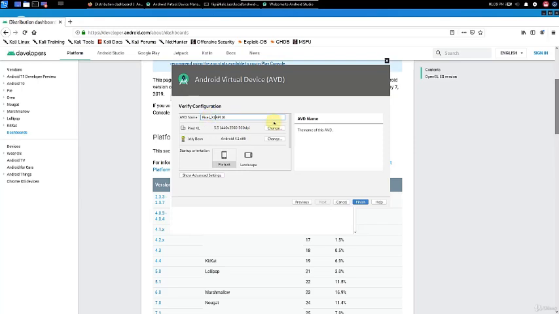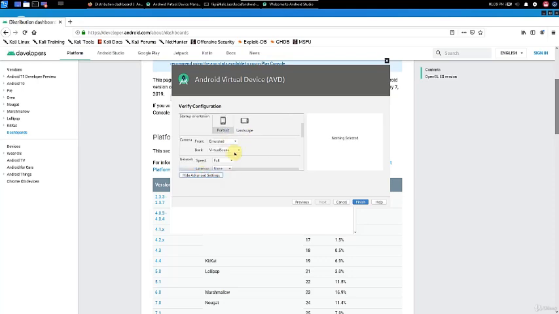One thing I like to do is remove the spaces in the AVD name. We do this to ensure that there are no errors caused by spaces when we use a script against a specific emulator. It's not a requirement, but just to be safe. Then you can click on Advanced Options, and here you can choose different properties. So for example, you can increase the RAM.